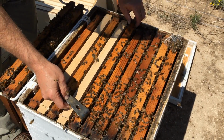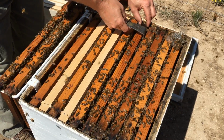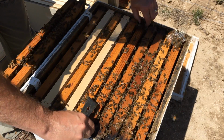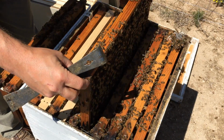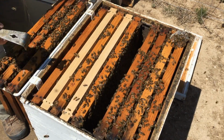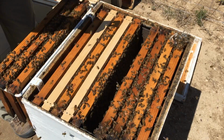Now another reason to checkerboard is to split a hive that you're worried about swarming. In that case, you're going to take the frame with the bees on it, every other frame, and instead of shaking the bees off back into the hive, you're going to keep them and put them directly into another hive body. And you're just going to keep it that way. Now if you do it that way, what you don't want to do is checkerboard inside the new hive body. And the reason you don't want to do that is because